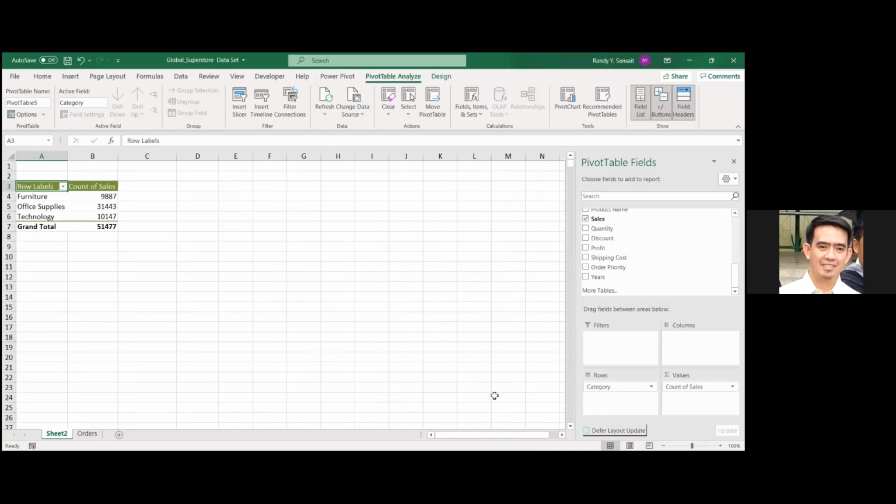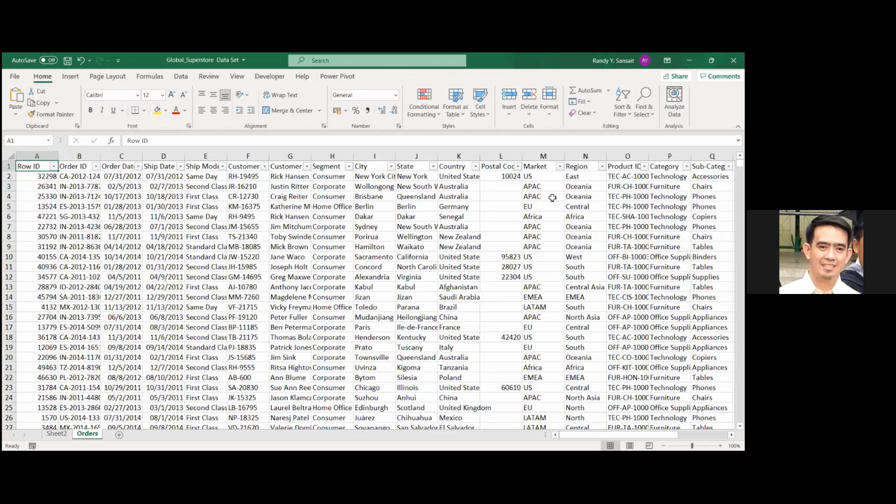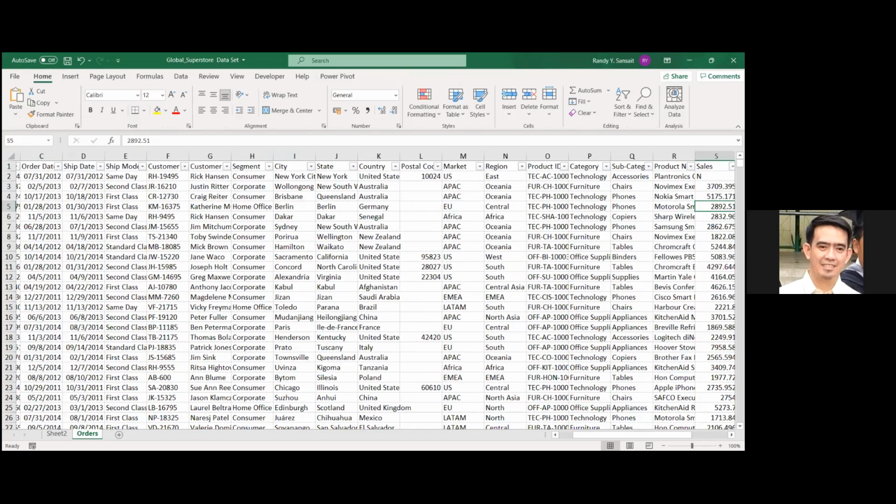Okay? I would like you to observe palagi kapag nag-drag tayo ng value, what you're going to see here. Sabi natin kanina, kung ang intention mo, mabilang kung ilang items ang nabenta, you could basically have count of sales. But it's not accurate because ang laman ng sales, kapag tinignan natin sa ating dataset, pupunta po ako sa dataset natin. Ayan. Ang laman po ng sales,